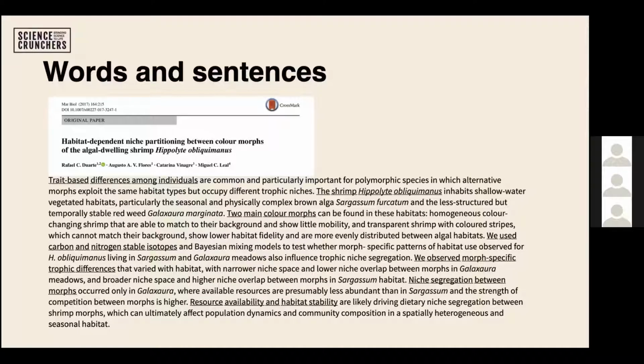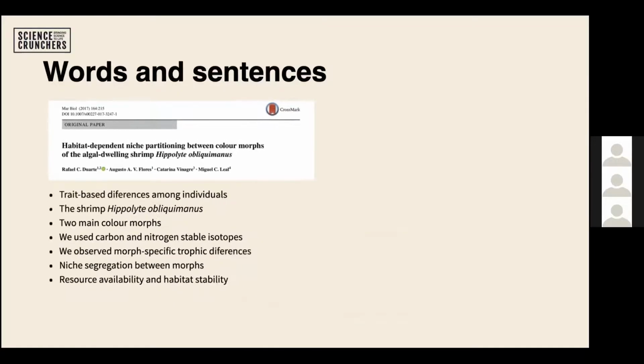So I underlined again the first few words of all the sentences, and I grouped them here. And it says trait-based differences among individuals. The shrimp, Hippolyte obliquamunus, two main color morphs. We used carbon and nitrogen stable isotopes. We observed morph-specific trophic differences, niche segregation between morphs, and resource availability and stability. Again, without going into detail, I'll ask Katrina to launch the next question. Do you think the message here is more clear,